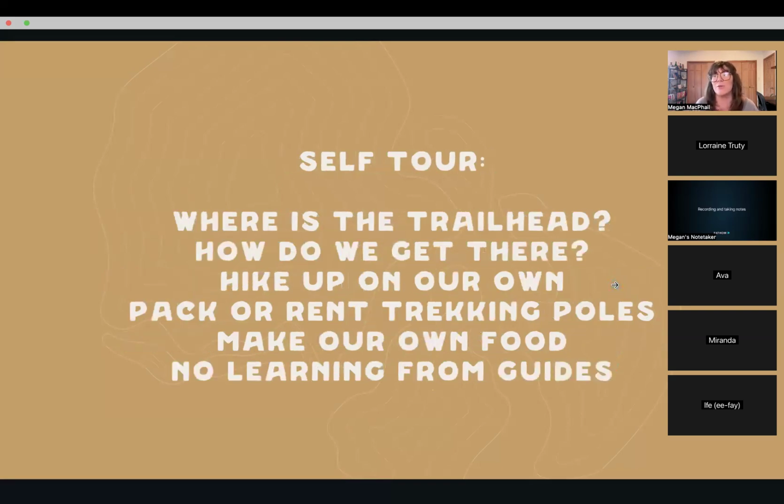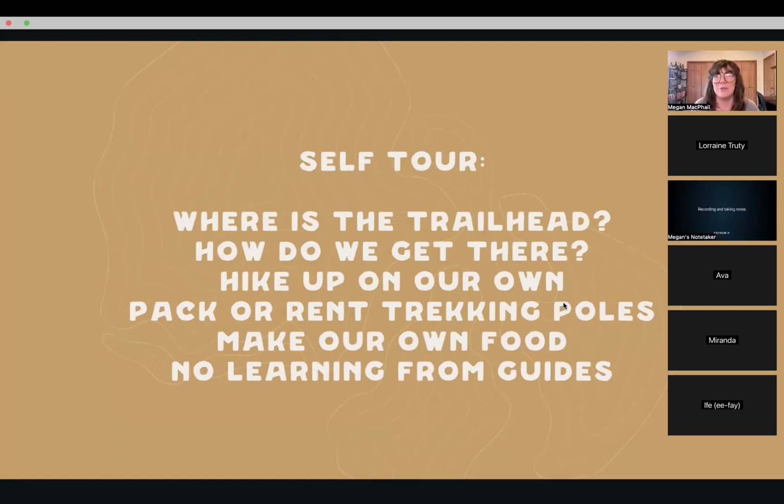The other option, which I didn't want to do because I didn't want to spend all this time and energy, is figuring out where the heck these Instagram images are, finding out where the trailhead is, and then figuring out how we're going to get there from Cusco. Are we going to rent a car or take a taxi, and then hike up on our own and not utilize horses?